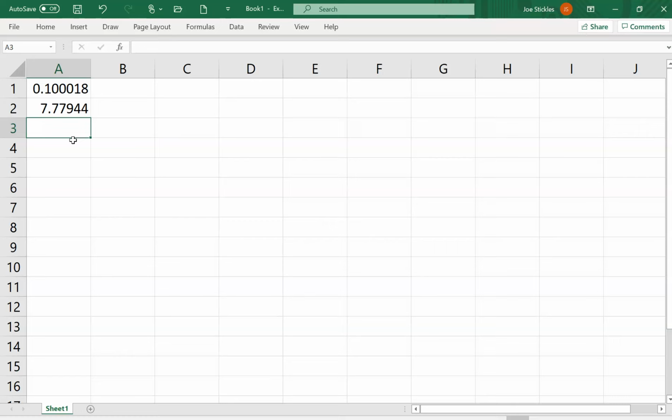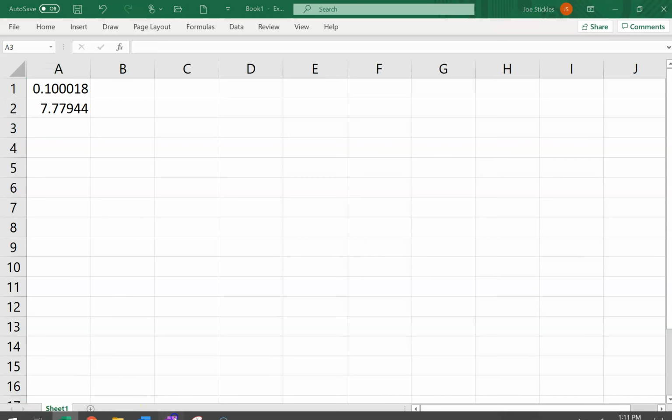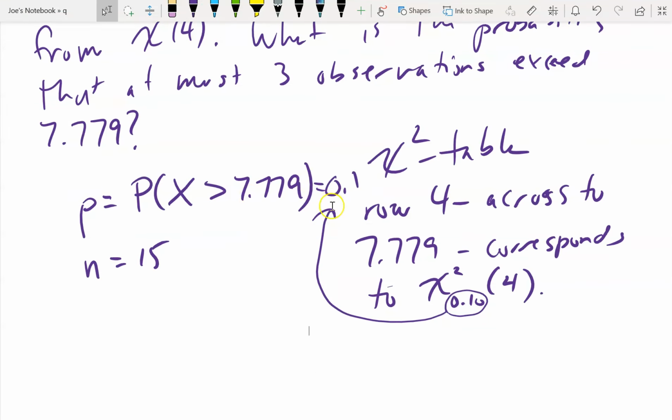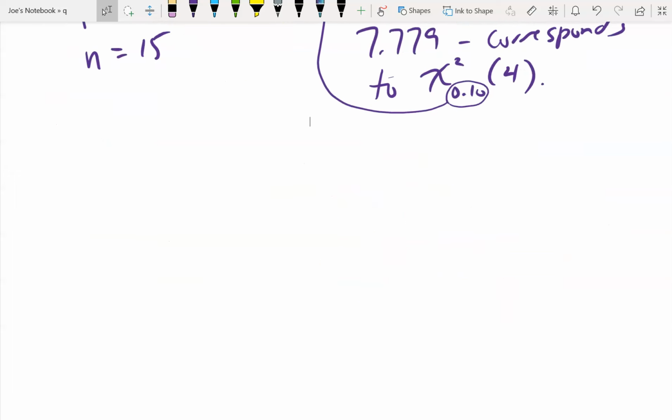Anyway, are we okay with how we got the probability? And we're okay with using the table over Excel? Okay. All right, so let's go back and answer the problem, because I haven't done that yet. We know our p is 0.1 and our n is 15. We need to convert this now over to the binomial, right? It says at most 3 observations. So we want to compute...